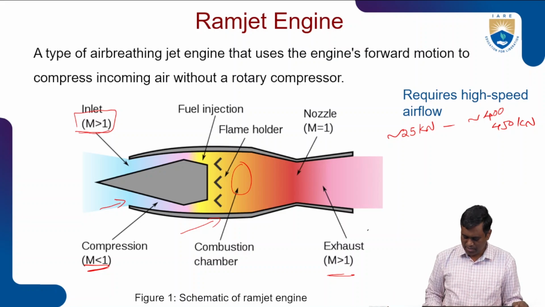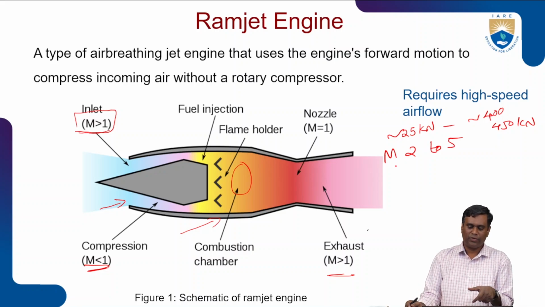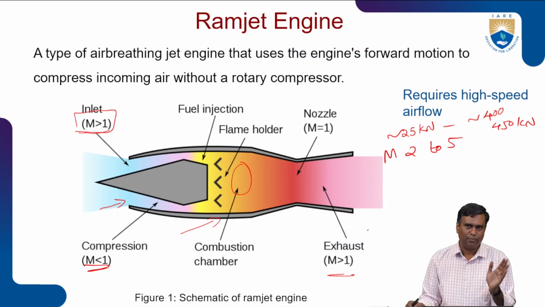And this is suitable in the range of Mach 2 to 5. So the ramjet engine can work efficiently within this range, within these speeds, Mach 2 to 5,